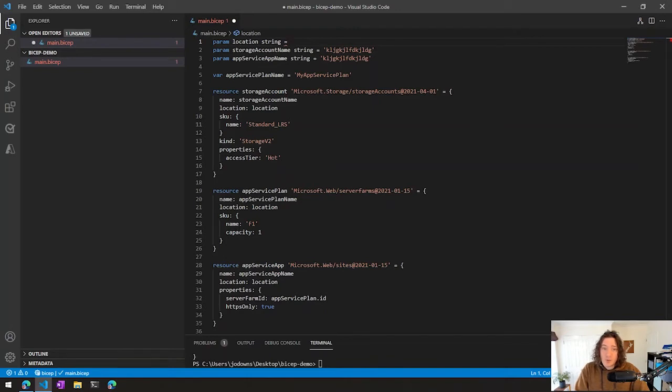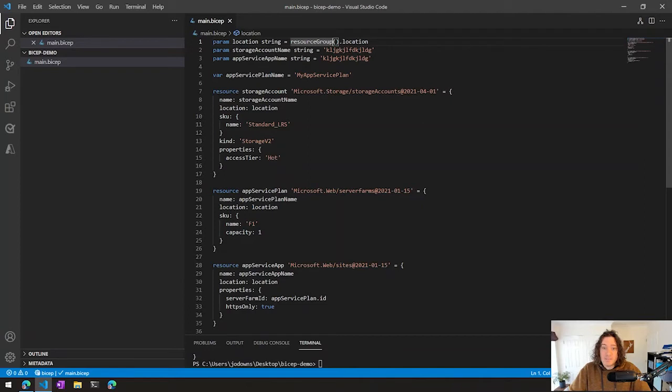So for example, when we want to set a default value for the location parameter, we actually want that to be the location of the resource group that we're deploying into. So this resource group, whatever resource group we're deploying into, has a location. And by default, if we don't otherwise specify it, then Bicep will take that location and use it as the location for our